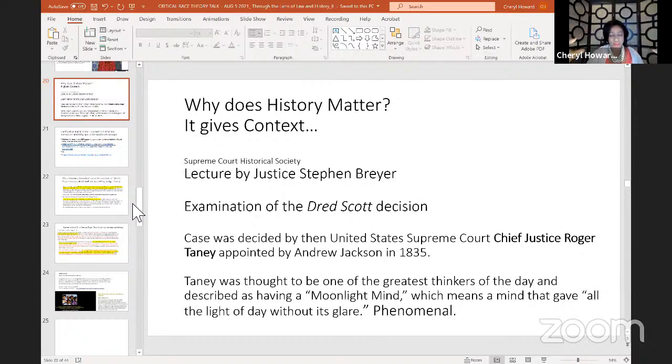And one other reason that it was so important is that it was decided by the Chief Justice of the United States Supreme Court, whose name was Roger Taney. Former Chief Justice Roger Taney's bust still sits in Congress. It also sits in the Supreme Court. There have been movements to have it removed, but he was considered to be such a defining Chief Justice of the Supreme Court that those efforts have not been successful